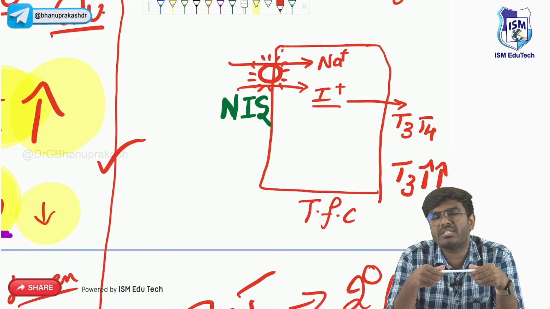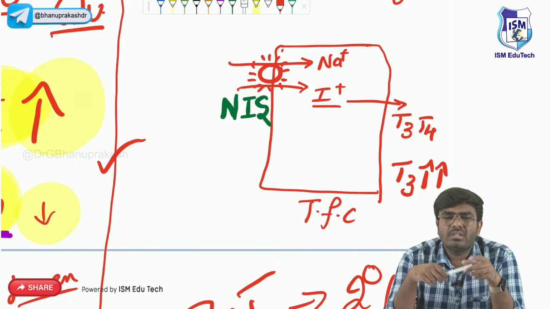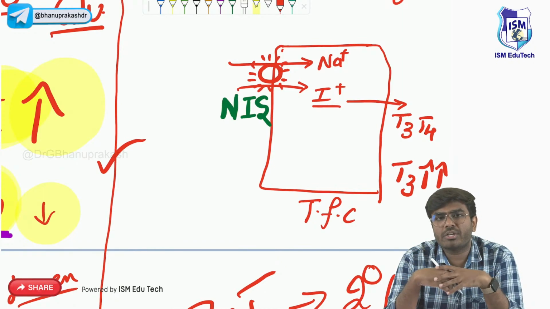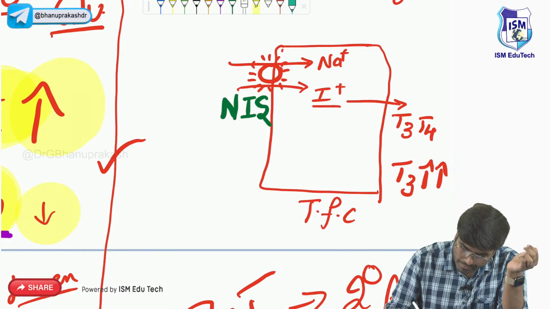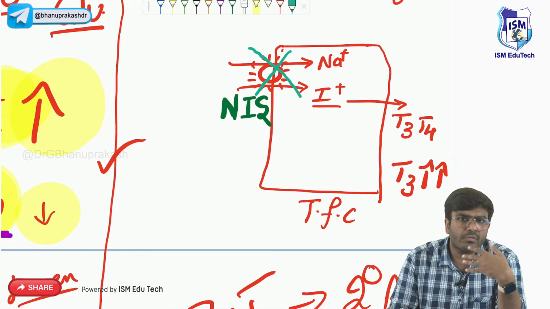I came to you and I am asking you, doctor, I am suffering with hyperthyroidism. Now, just tell me one way. There are many ways. There are many antithyroid drugs. Just tell me one way how to decrease the thyroid hormone production. By inhibiting this transporter, the sodium iodide symporter, if you block them, automatically iodine uptake is decreased, and T3, T4 hormone production is